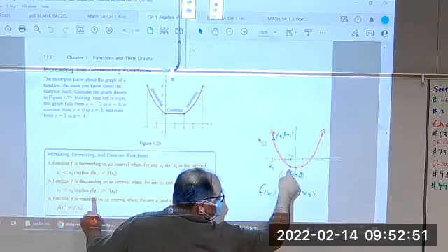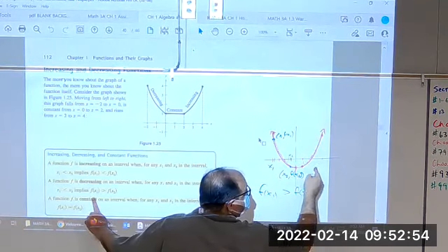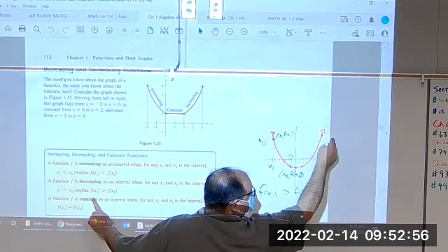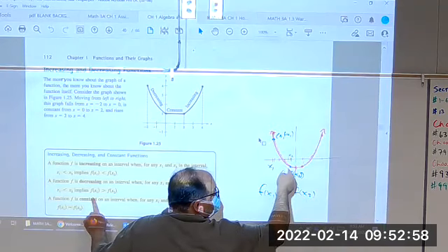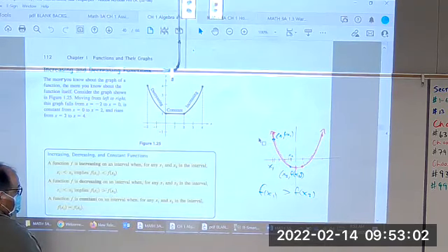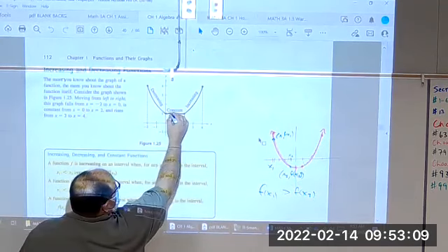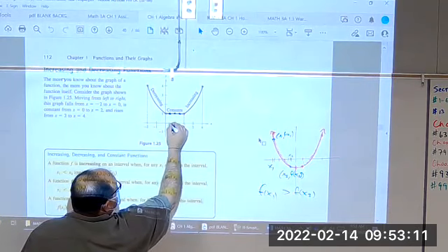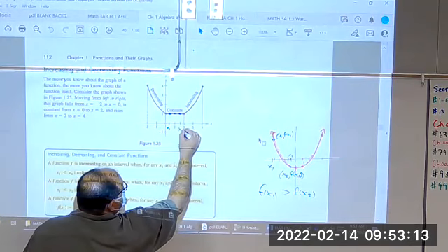That's decreasing. You're increasing if the y values are bigger as you go from left to right. You're decreasing if the y values are smaller as you go from left to right. And then it's constant as you go from left to right if the y values, think about it, if the y values are equal, so x sub 1, x sub 2,